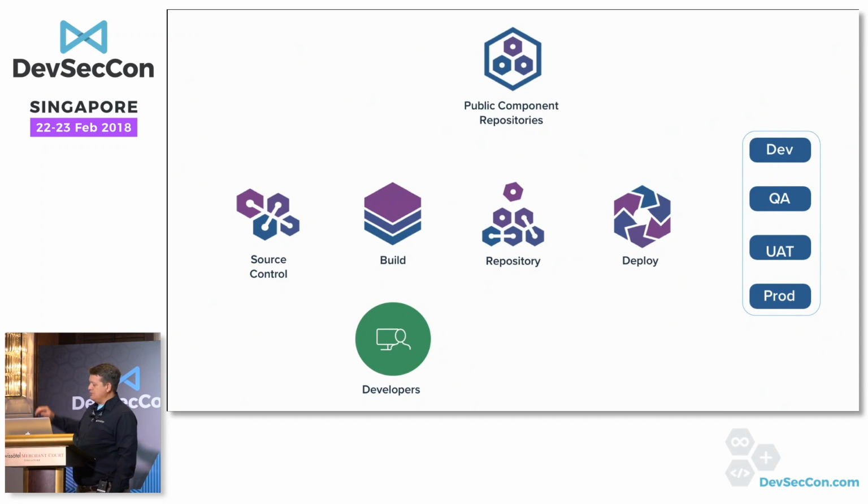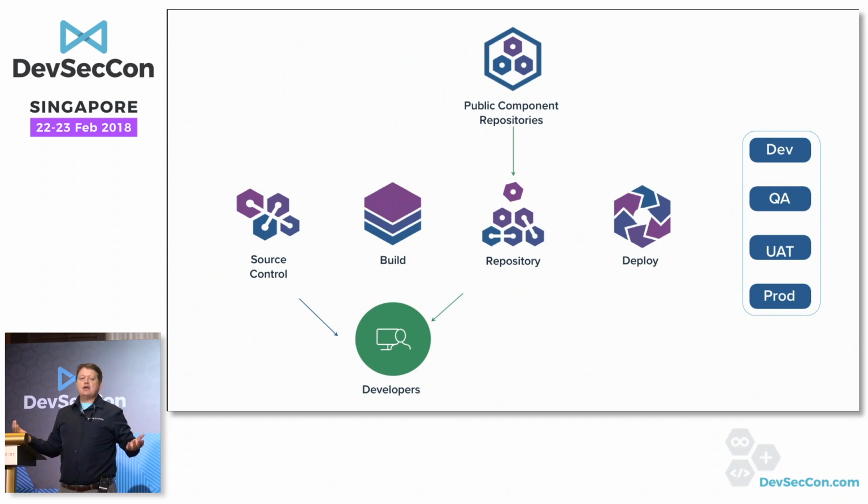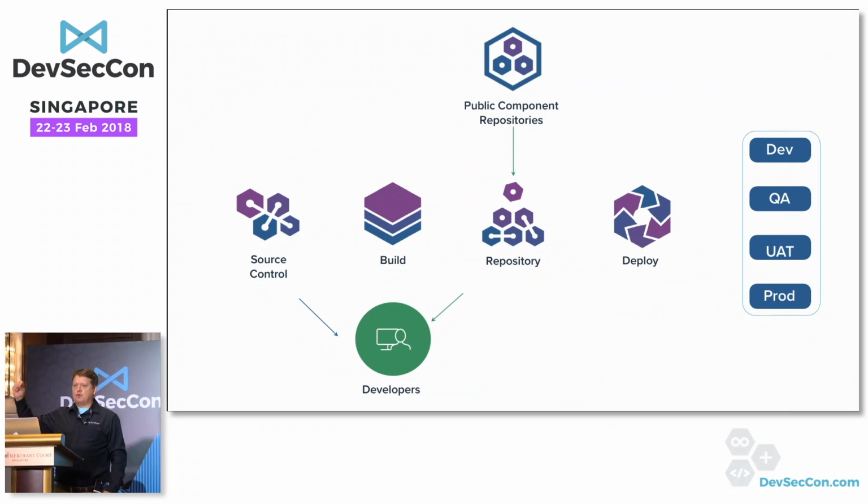This is the DevOps toolchain that a lot of organizations are moving to, where the developer downloads from source control. He downloads libraries from his repo, the Nexus repository, which downloads libraries from the public internet. This is actually one of the first control points. A lot of organizations don't do this. The developers can just go out and get whatever they want. And that's a risk, because we've got hundreds or thousands of developers, and they're all bringing in libraries. How do you know what they've brought in? How do you control that, or even know what they've done? By putting in this architecture, at least all the libraries are going through the repository, so you can actually track what they're using.